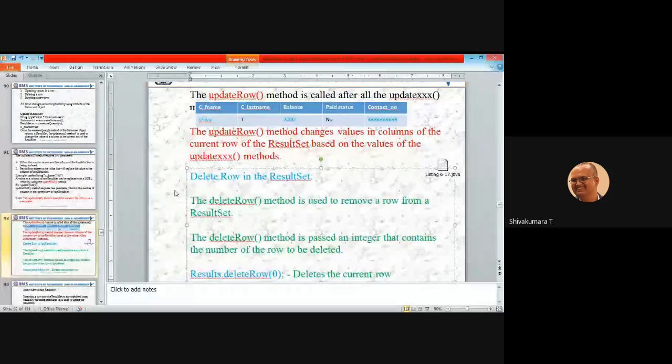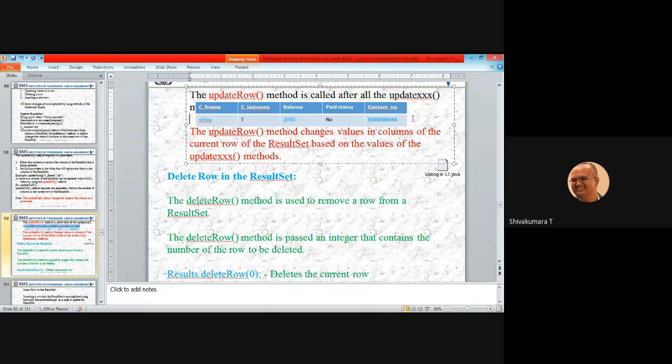The next is deleteRow in the result set. What we did was updating content, meaning existing values were updated. Now we are applying deleteRow in the result set.